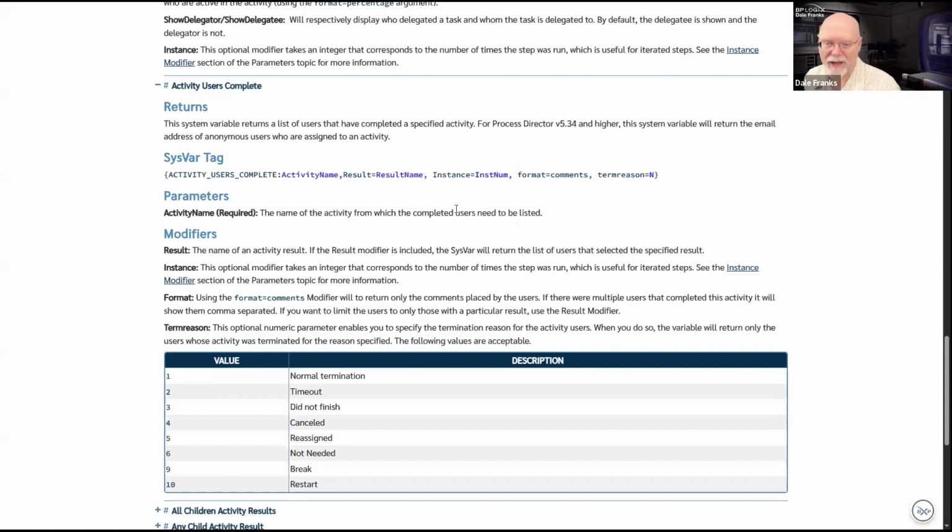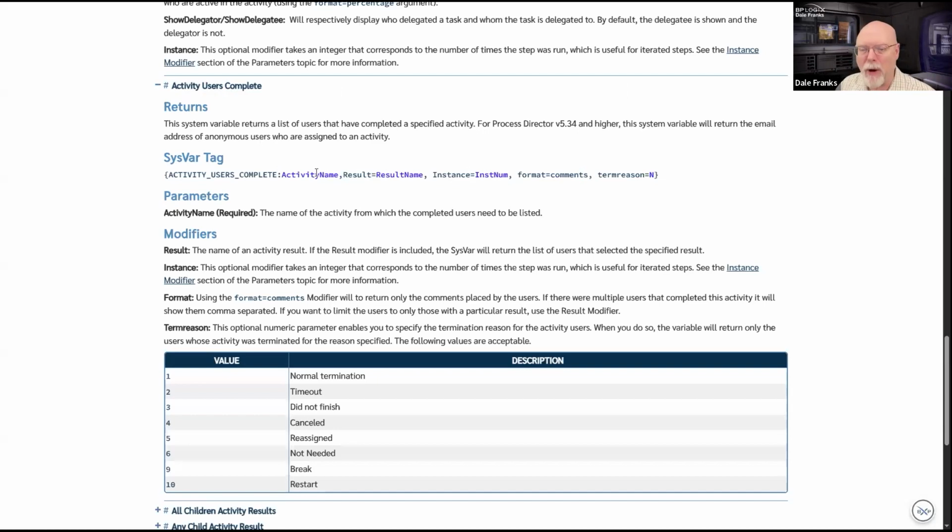Now, in this case, we're only sending it to one user, and that's generally the case in Process Director, certainly for approval activities. It returns the list of users, but that's not exactly what I want. What I want is the list of the user comment for the activity. That's easy enough to do. There's a format equals comments.